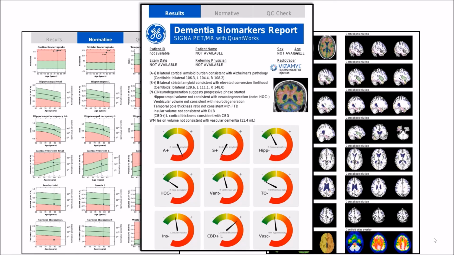This information gets represented in a quantitative and automated way on the patient's Dementia Biomarkers Report, along with some additional insights. What we can see is that the patient's PET biomarkers are positive, and the neurodegeneration biomarkers are mostly negative or borderline. If you're interested in using a demo version of our app, which also supports FDG, PET and other